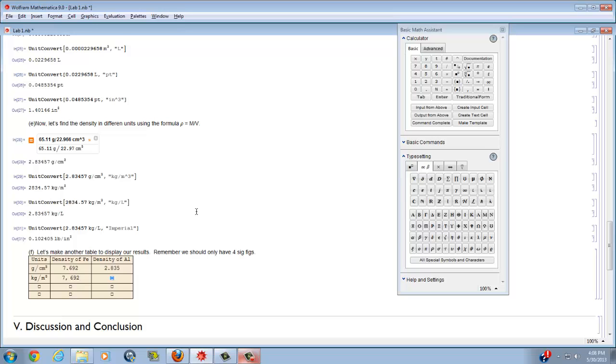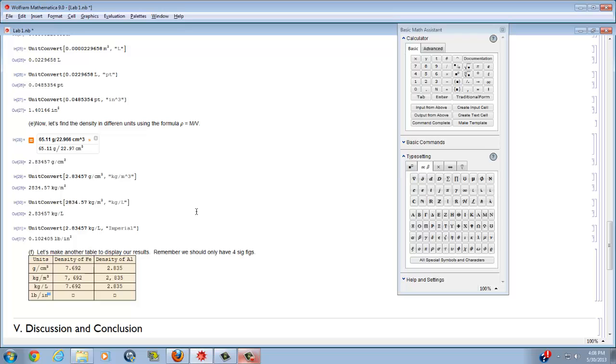Then we can tab, and this was 2.835. Tab, let's put kilograms per liter, and this was 7.692. Tab, 2.835. Tab, and then pounds per inches, Control 6 for the superscript, cubed, tab, we got